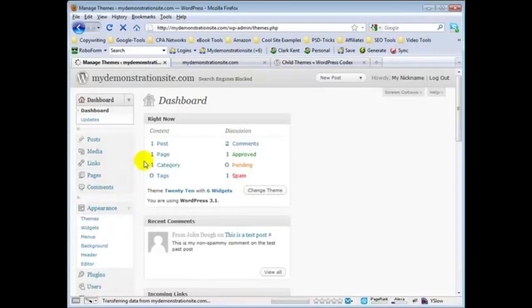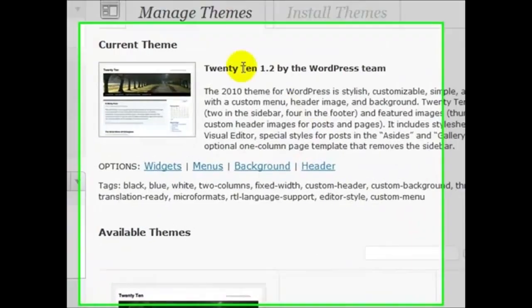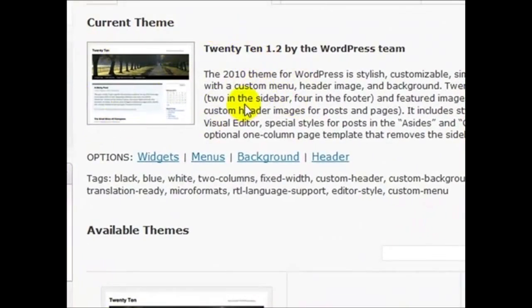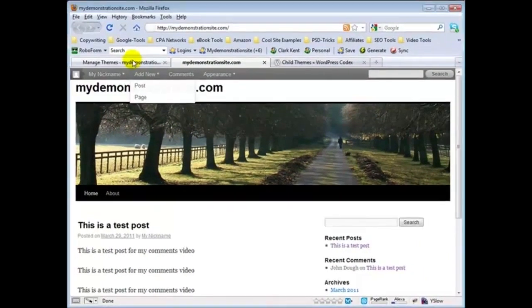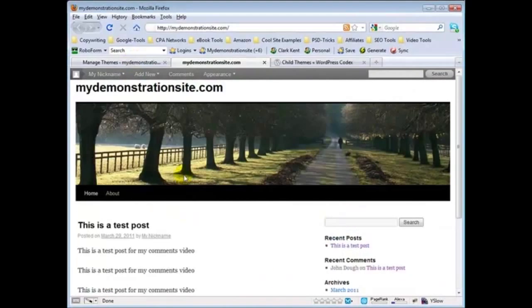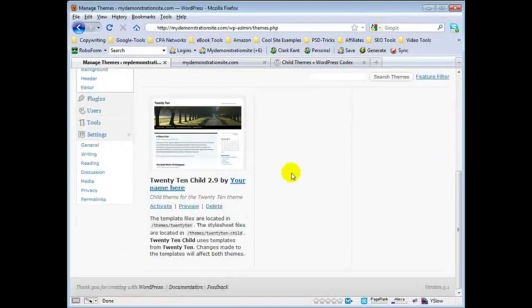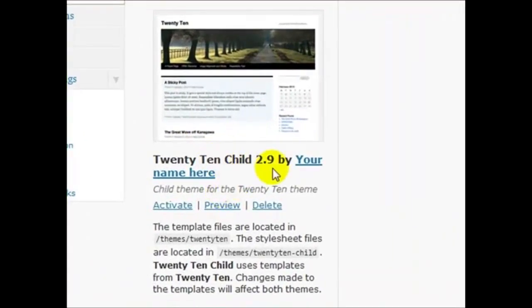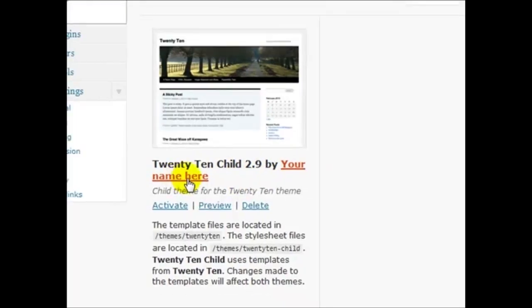Click on themes. And here we will now see the default theme right here, the one that is being shown here. Which, by the way, if we see, everything is intact here. Got the footer, got the header. Everything is as it normally is with the default theme. Now then, let's go ahead, and here's the child theme. As you can see here, the adjustments that I made, the 2.9 versus the 0.1.0, your name here, and you